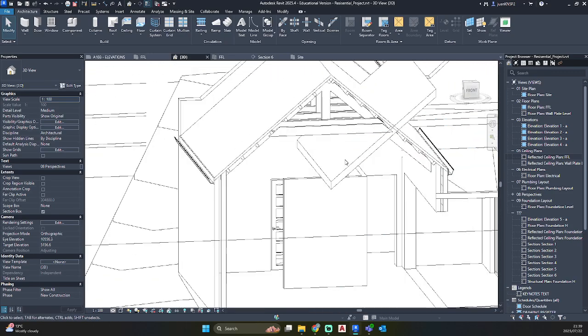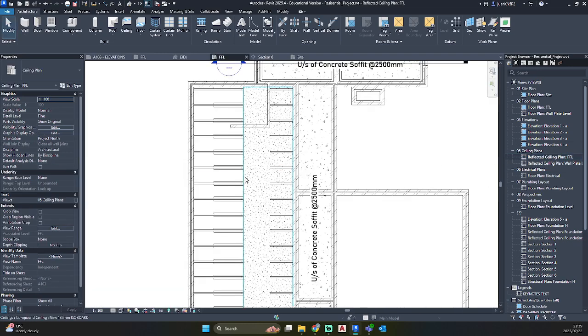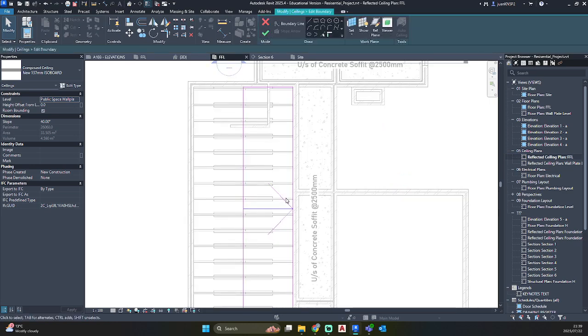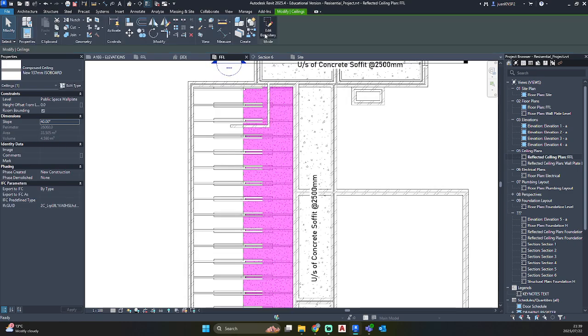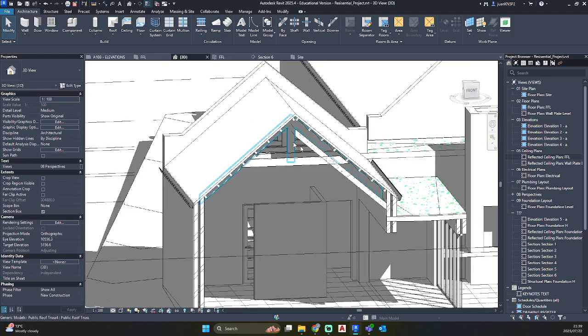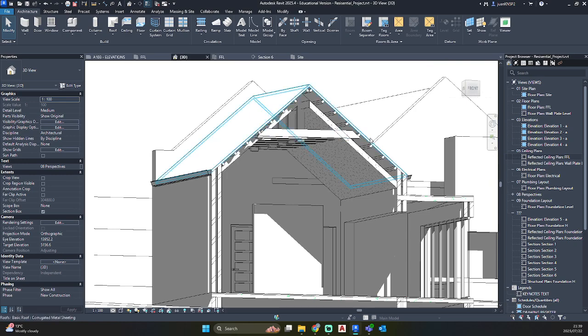As you can see, the bottom is at the tail with slope. So we would need to go back in to our edit boundary and change the direction of our slope arrow. So let's go edit boundary. I'm going to delete my slope arrow, and just redraw it facing the opposite direction and specify slope and change my slope to 40 degrees and hit OK. And there we can see now that our ceiling is aligned with our roof slope.